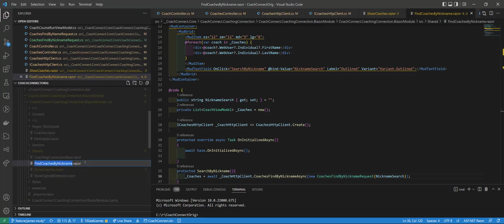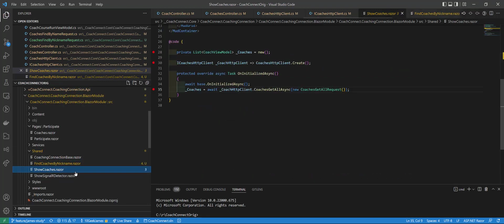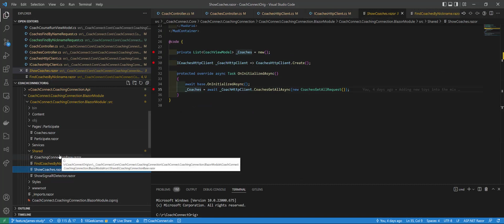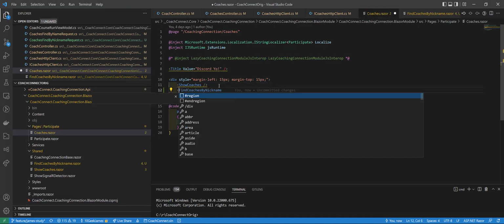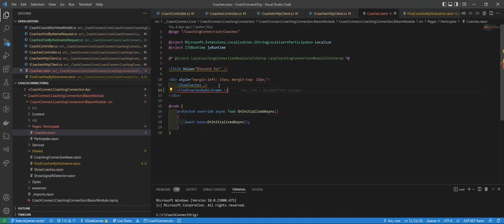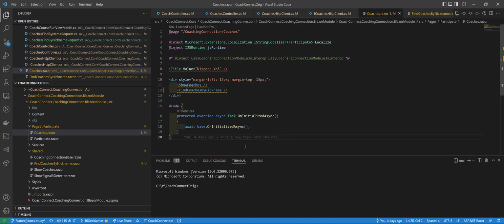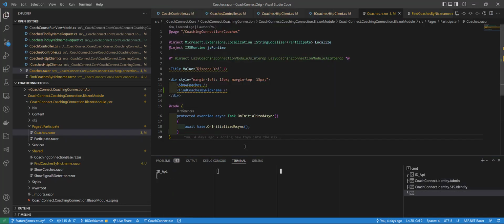Find coaches by nickname, take a copy of that, and I'll just say coaches, show coaches, find coaches. All right, let's turn it on. Control Shift P, T loader, run. Be right back.